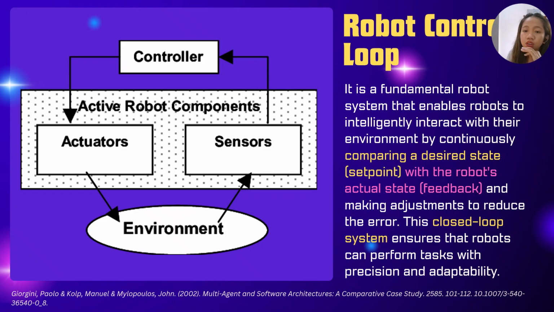So here you have the 4 different components of the robot control loop. You have the environment, the scenario where you will put your robot. The sensors, which the robot will use to survey its surroundings, the controller, more of that later, and also the actuator. So we'll go through them one by one.